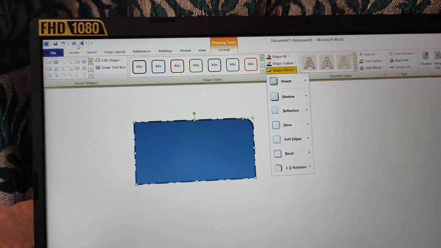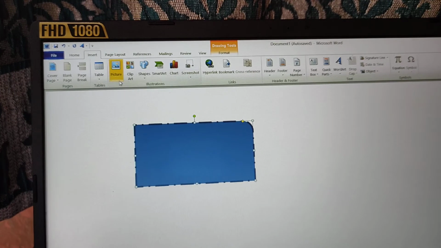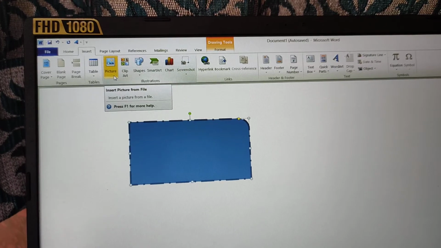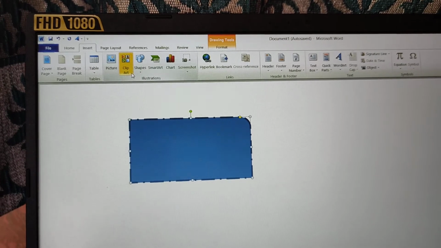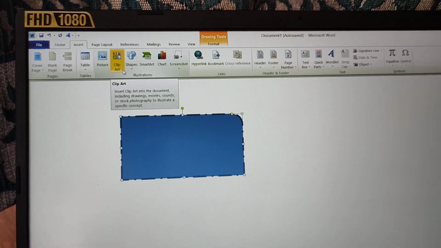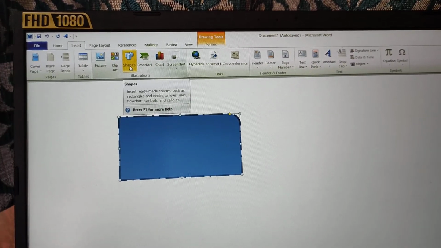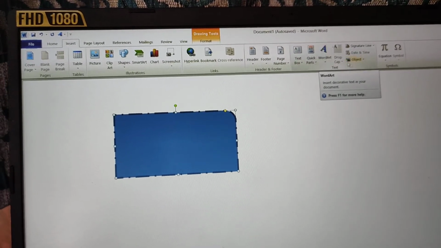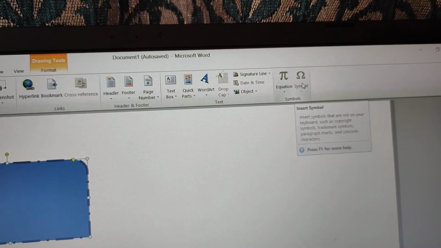So what we did actually, we have to learn about the insert tab. When we have gone to that insert, we have learned how to insert a picture from the picture option. It means how we can insert a picture that is there in my computer or laptop. How we can insert a picture from clip art into our MS Word document. We have learned how to insert shapes and do the formatting. We have learned how to insert word art also. Now one thing is that we can insert symbols also. Suppose I am preparing something in which symbols are required, so that also I can insert.